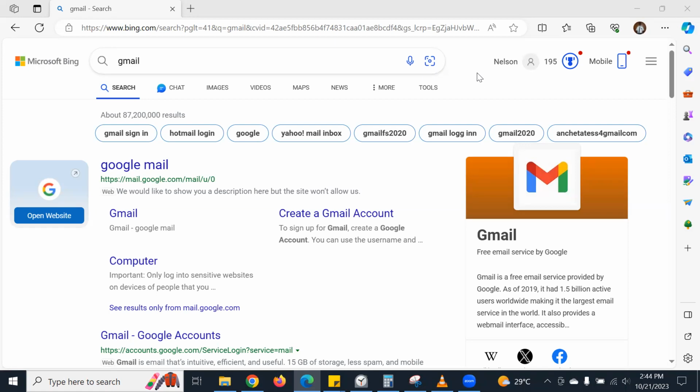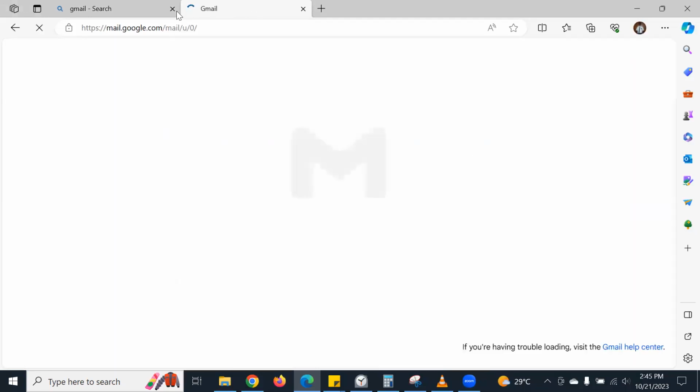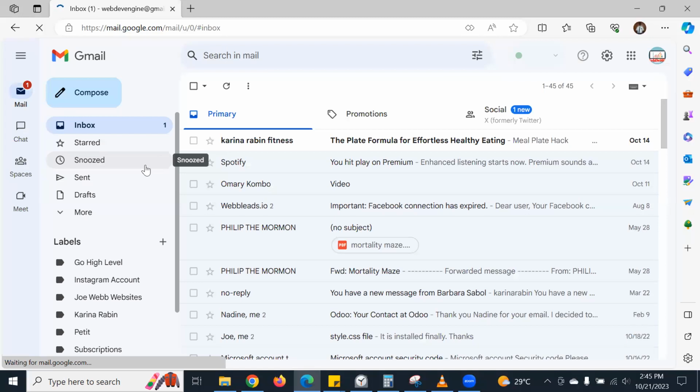Okay, so this week we'll be talking about web development in general, and that's what we'll be doing this week and the coming week. So we'll just touch on a couple of things. First, I'm just going into my Gmail account. Okay, so I have opened my Gmail account, but before we talk about web development, I would like to